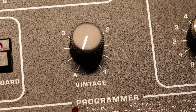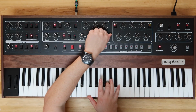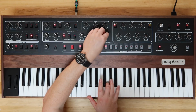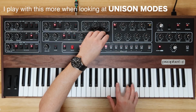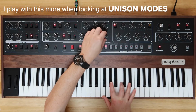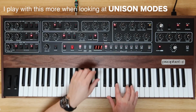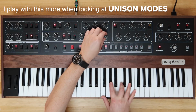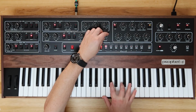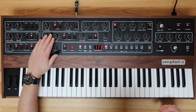Let's try this vintage one, shall we? Let's bring up a preset. I think I've covered most bases here. I've done some polymod, LFO. I think we brought the LFO using the mod wheel. Looked at oscillator A, oscillator B, the filter,